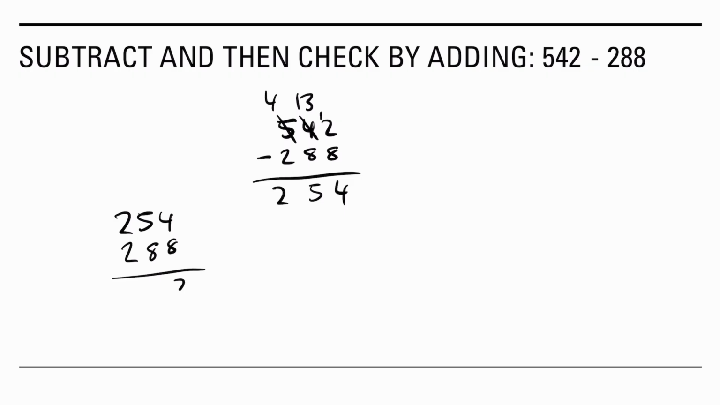4 plus 8 is 12. 1 plus 5 is 6, plus 8 is 14. Then 1 plus 2 is 3, plus 2 is 5, and we get 542 back. So same thing again, but now we've got the thousands place, so we've got 4 digits, and so